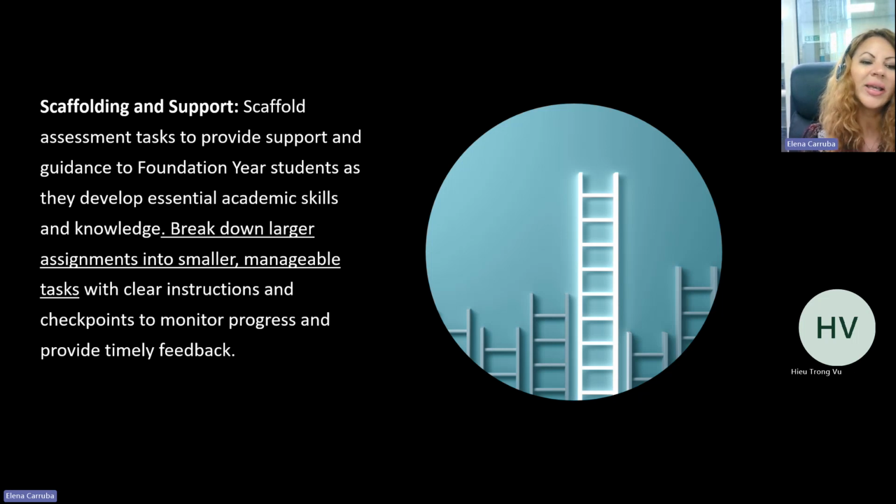So breaking down large assignments into smaller, manageable tasks is crucial for foundation year. It makes it more manageable for them. They get really to know the instructions, to know how to progress and how to do it. So scaffolding is also very important. Mainly by scaffolding, you give examples from your own perspective. So sometimes you show it in the class how to do, how to click on this and open VLE, and together